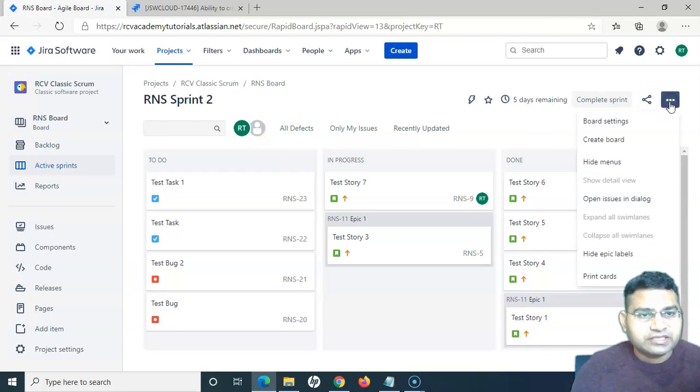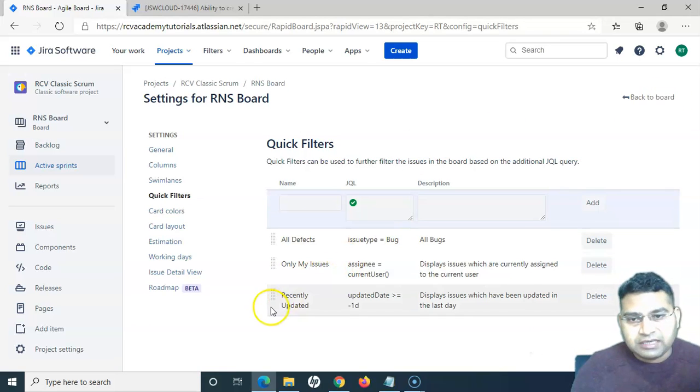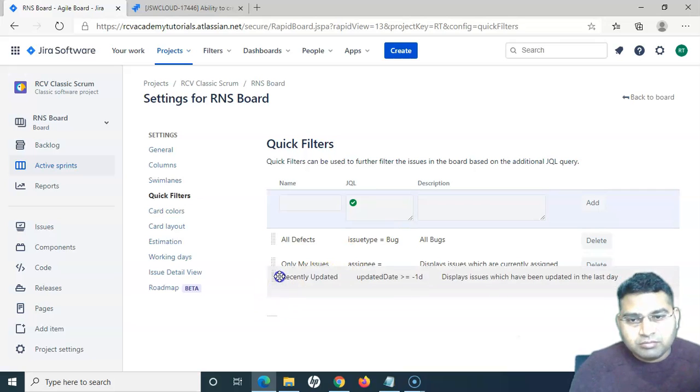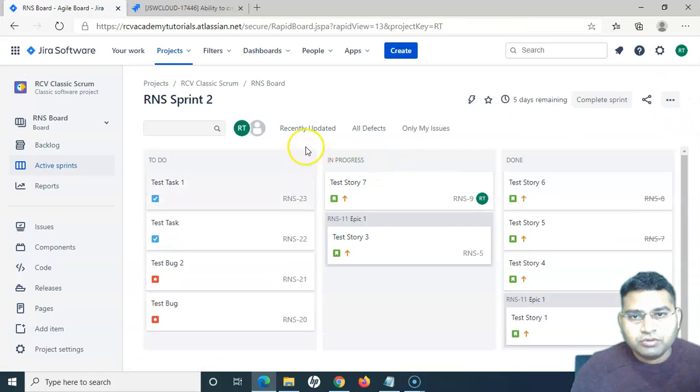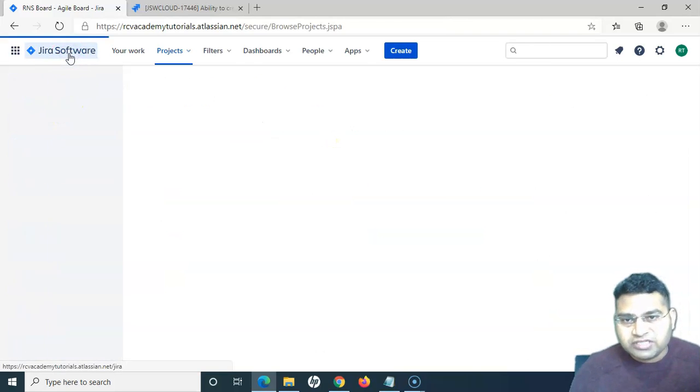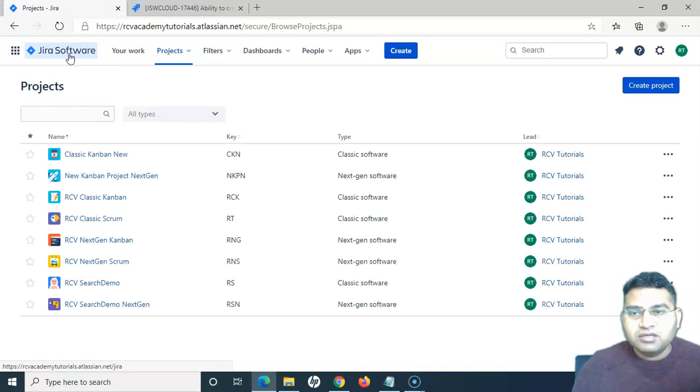What I can do is simply go to the board settings, and just drag and drop recently updated to the first place. And if you go back to the board, you will see recently updated is available in the first place, then all defects and only my issues. So this is how you will move the filters and change the location of the filters on the board. Okay, so this is all about the quick filters in the classic Scrum or Kanban project